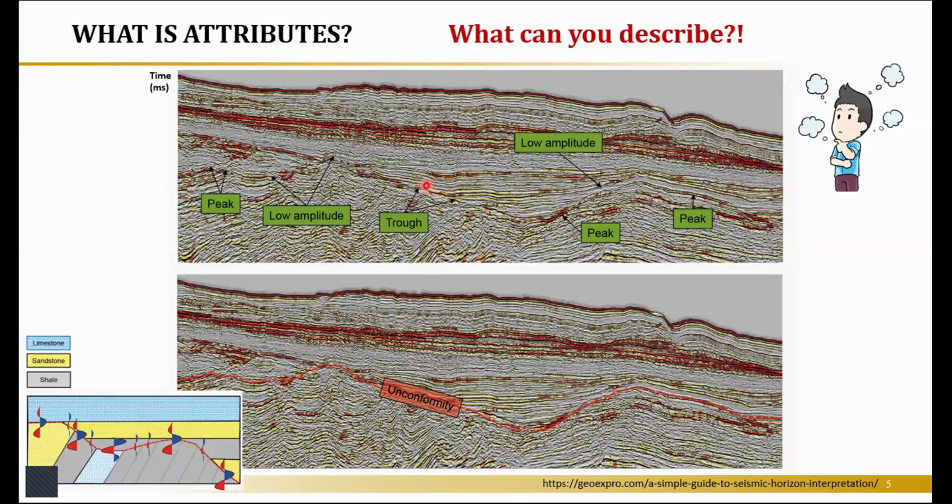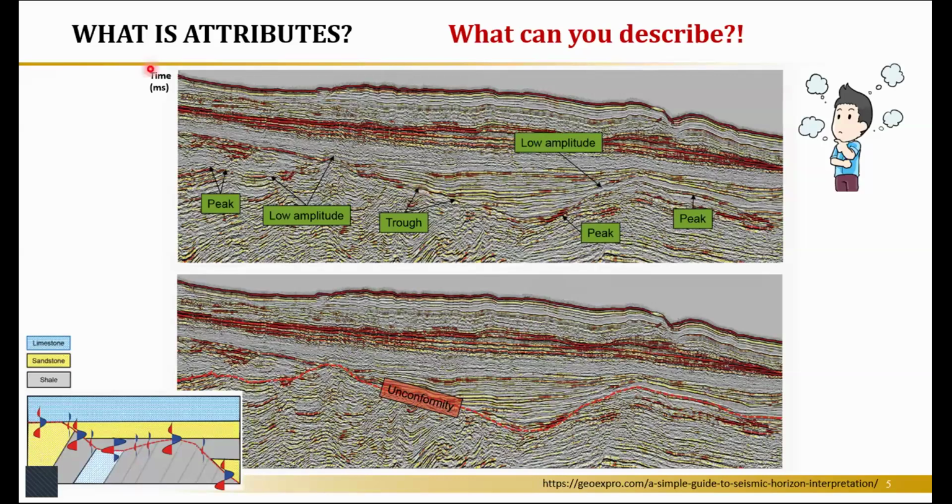Also, you have some major surface of unconformity here. You have some of this response at the top of that or the base of that unconformity surface. Some is expressed by trough and others expressed by peak. So you have a change also in polarity. Some is peak and others is trough. So we described amplitude, and we described the frequency, and then we describe phase,